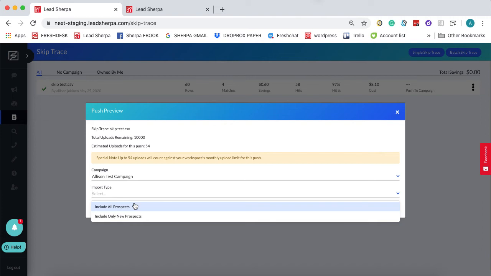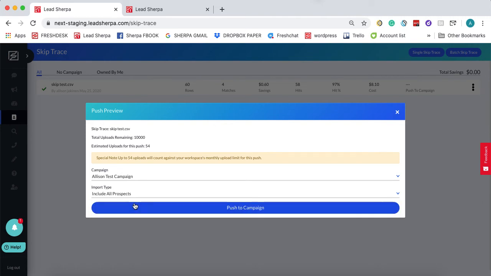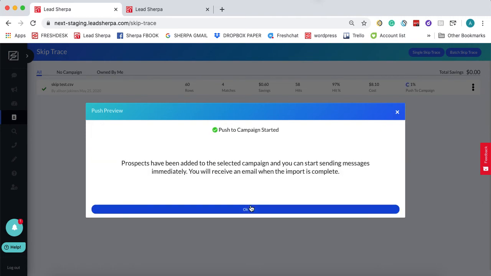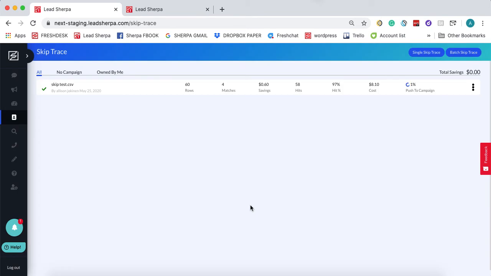The system does have some restrictions where if somebody replied before, you're not going to text them again, or if you've messaged them in the last 5 days, you won't text them again. So we always include all because it's just giving us that opportunity to reach these people again who we know haven't replied before. But that's up to you. So we'll push to campaign,